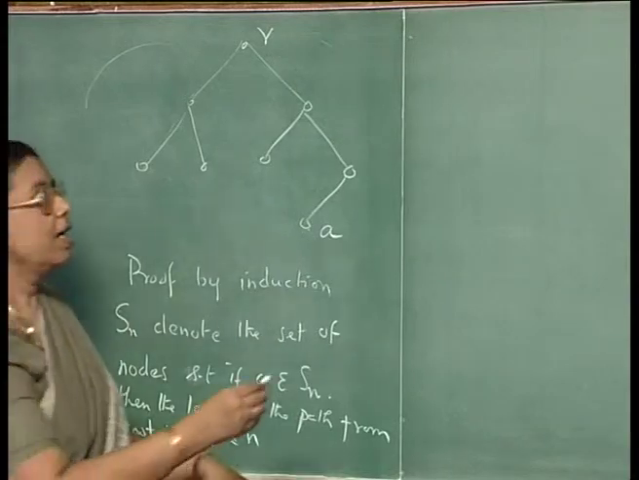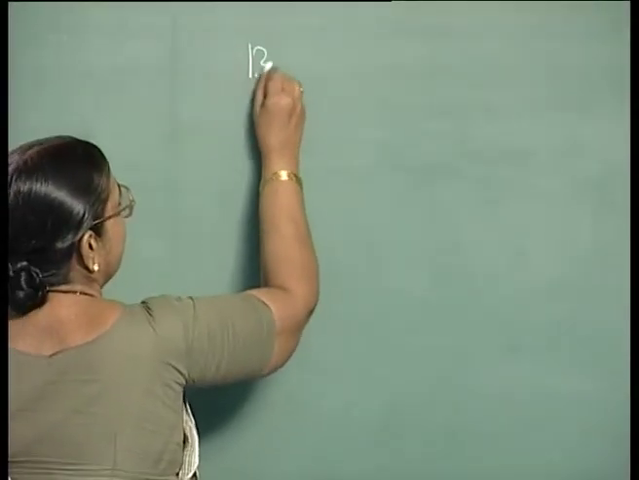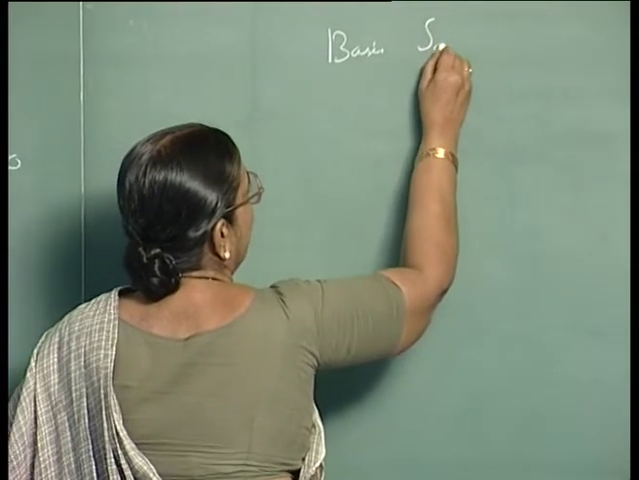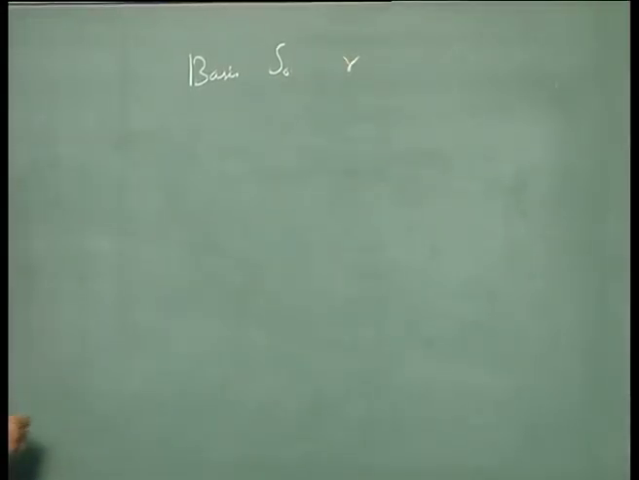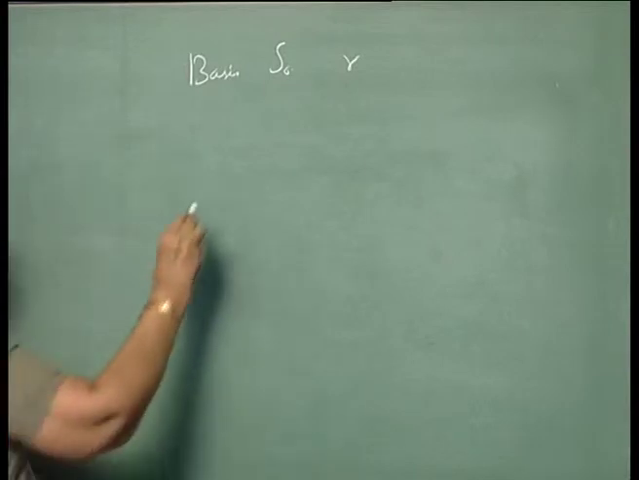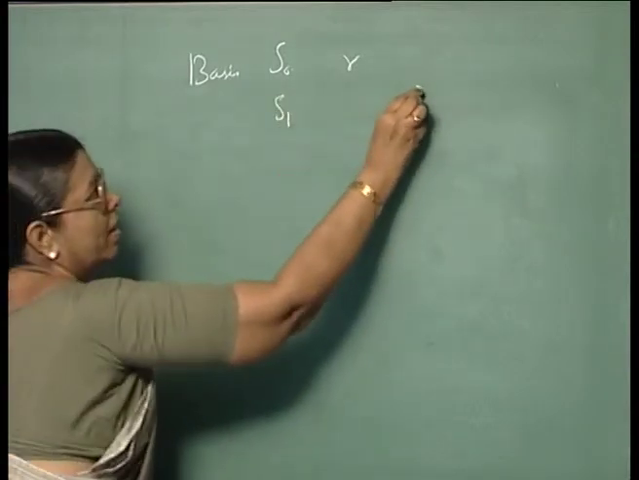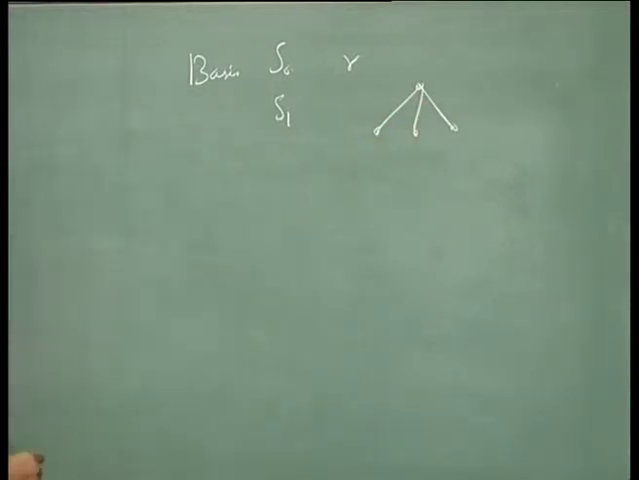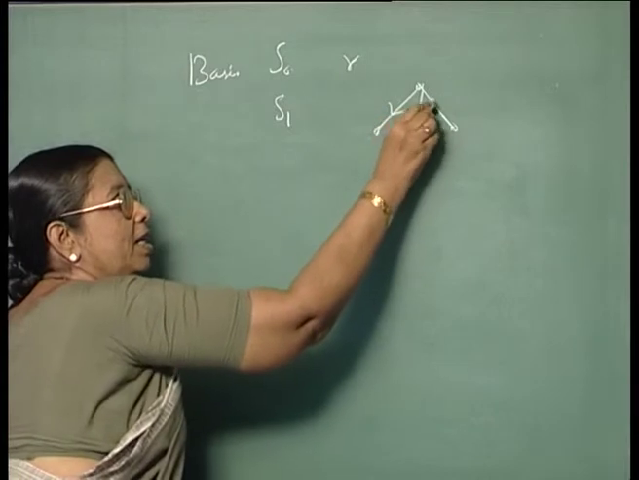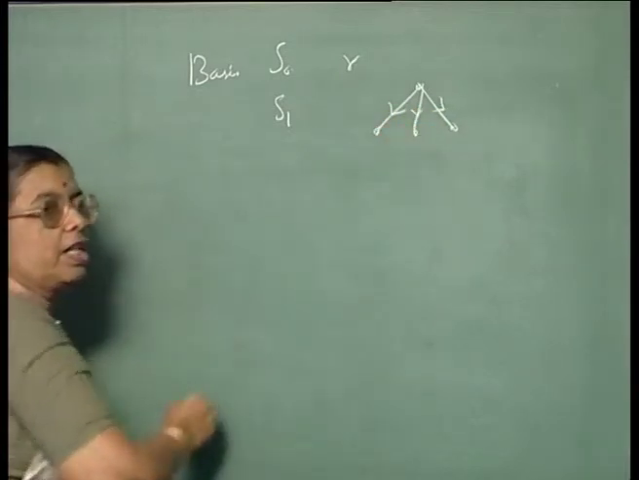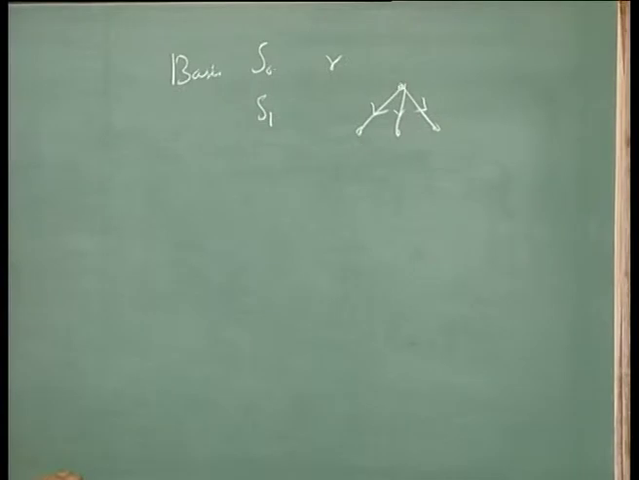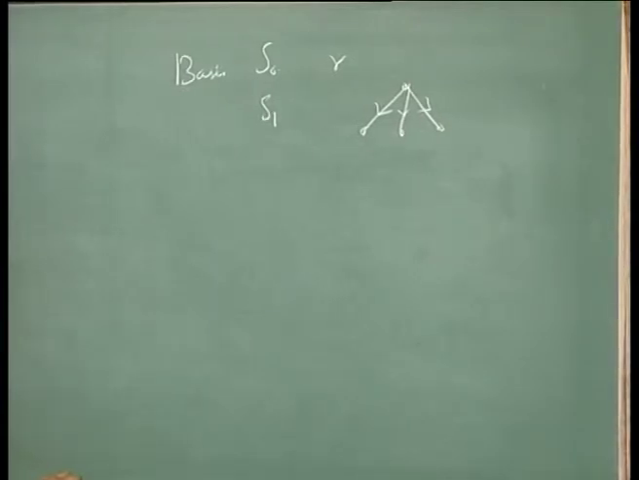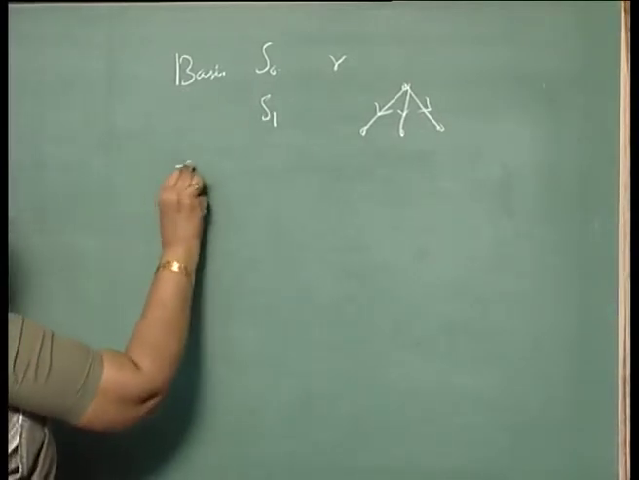Now, the basis class you can prove like this. S0 means it is only the root. For the root there is only one path of length 0 from itself to itself. So, that is unique. If you take S1, it denotes nodes which are sons of the root, and you can very easily see that there will be only one directed path, the path is unique to them. So, that is okay. Now, induction portion,